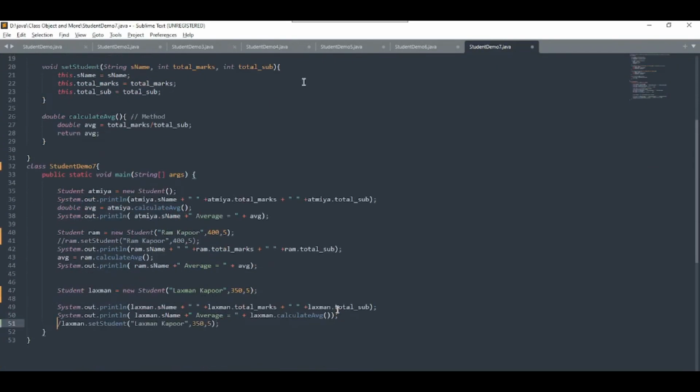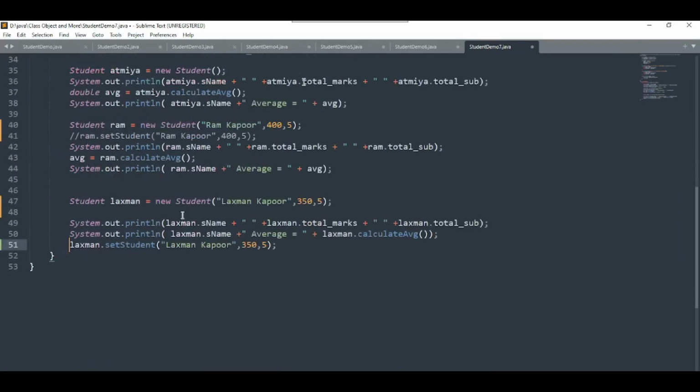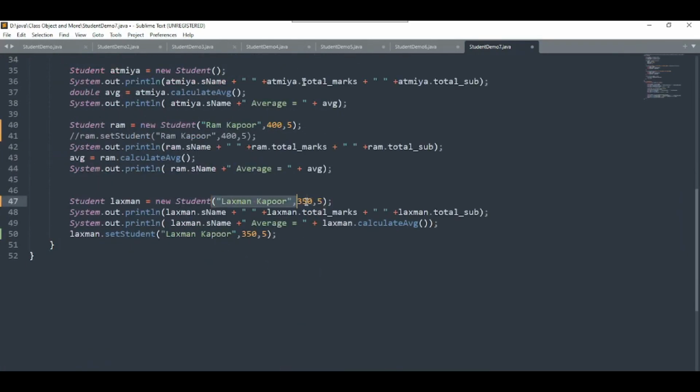So here I have just put set student after the println statement, and then this value goes to the particular constructor, and the value will be set, and then we print the average for the Lakshman object, and then we change the